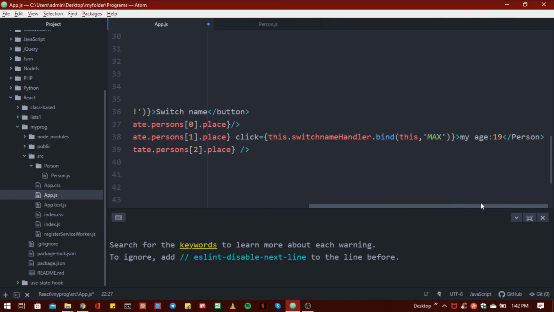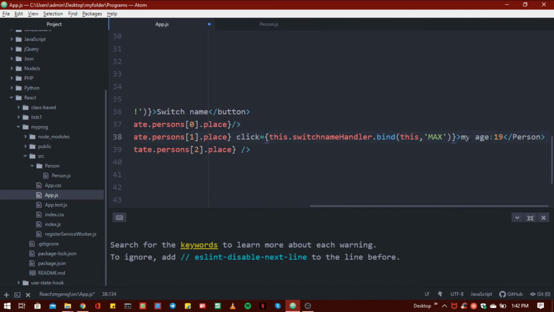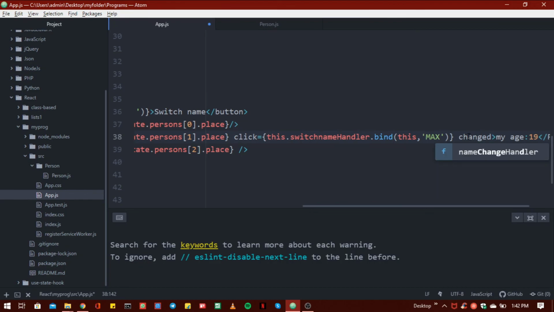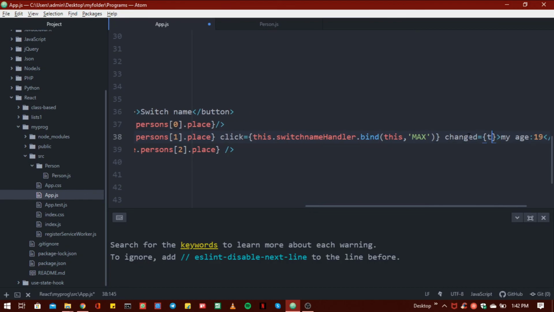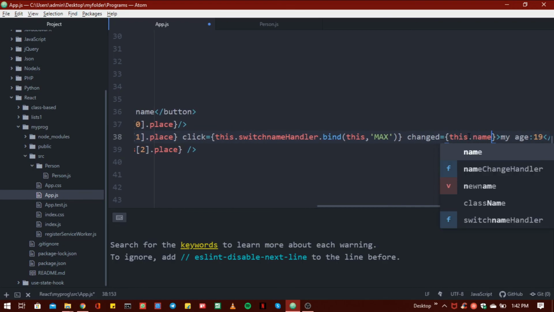So in this second statement, after the click statement, I have to write the change property, and this calls our name change handler.